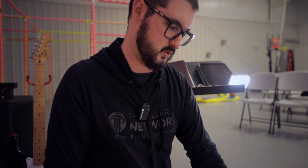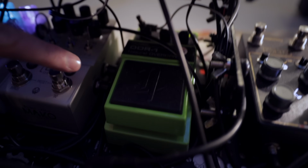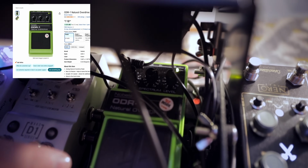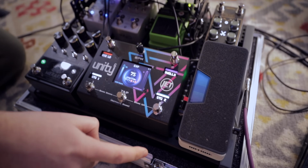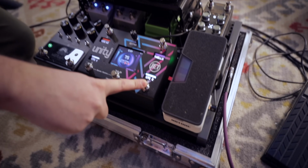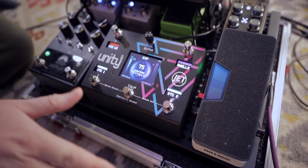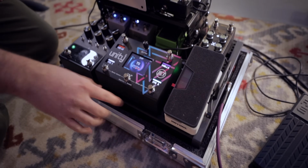output module worked. I don't think I talked about it, but I'm running an ODR1, Noble's ODR1, as my stage 1 overdrive. And when I combine the ODR and the Derpel for stage 2, if I really want to, I can press and hold, and loop 3 is just the Derpel. So if I just want the Derpel and not the ODR1, I can do that. But that's my main...